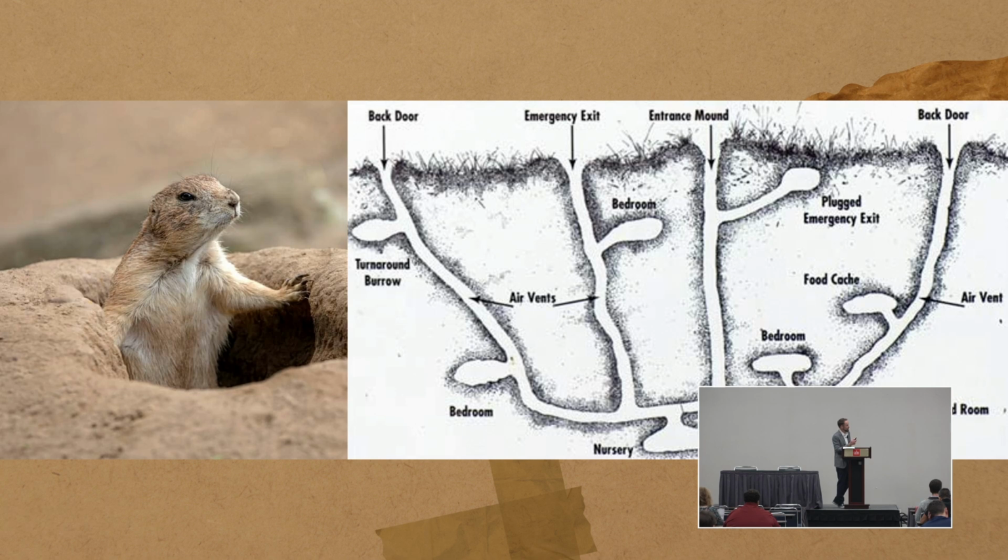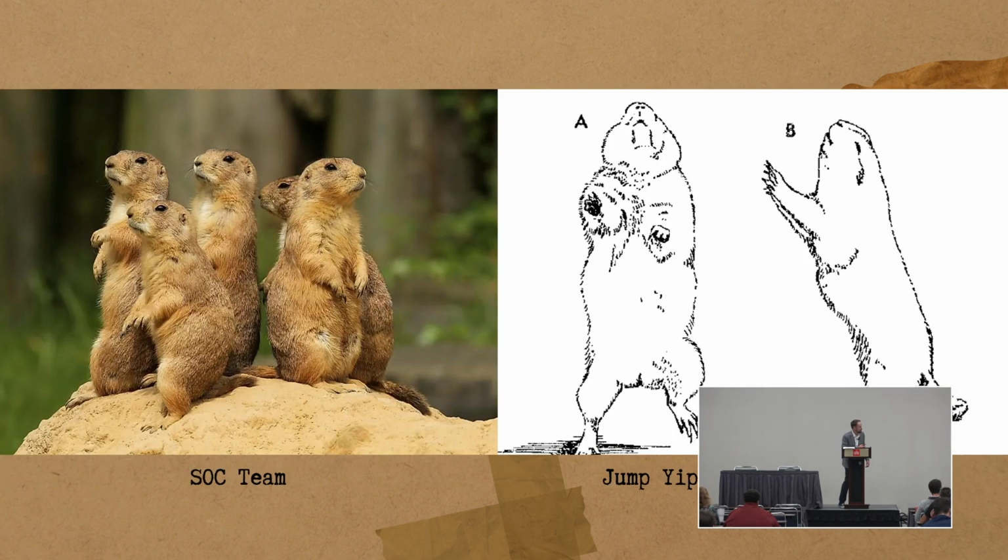When we look at some of the calls that they make, there's this jump-yip, which is probably the most popular one that people identify and understand. Pretty funny little video. You guys might want to go down the YouTube rabbit hole later and look these up. I equate it to the gratuitous ARP. They do this all day long, even tabletopping when there's not even threats there. One of the prairie dogs will alert, send out that ARP, and the rest of them will respond that they're there, that they're paying attention, and go on with their lives.